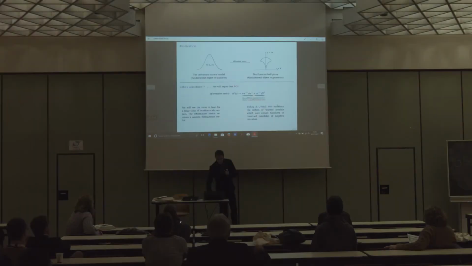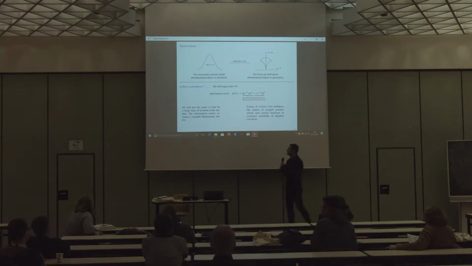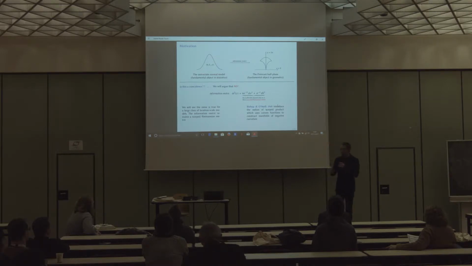That will be the motivation for my whole approach. Indeed, you may recall from information geometry the basic example of the information metric of the univariate normal model, which, up to a slight change of coordinates, is the same as the Poincaré half-plane metric. So we have a striking connection between, on one hand, a fundamental object in statistics, and on the other hand, what is the fundamental example of a Hadamard manifold.